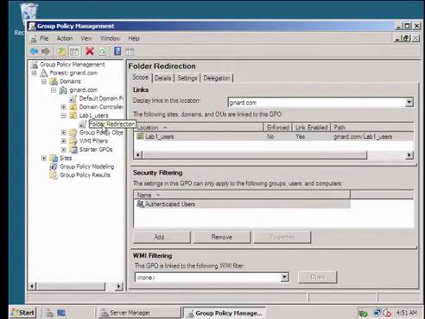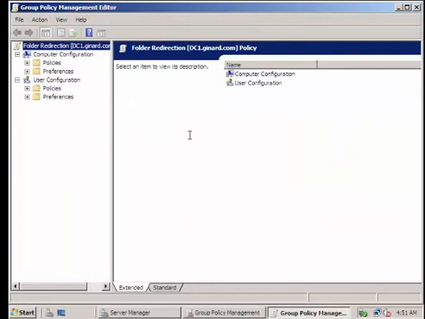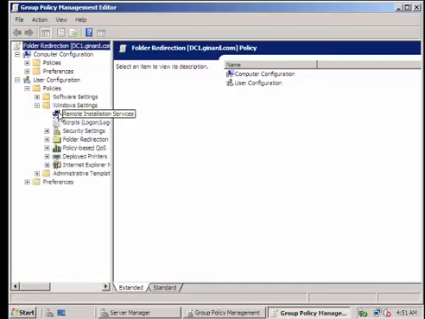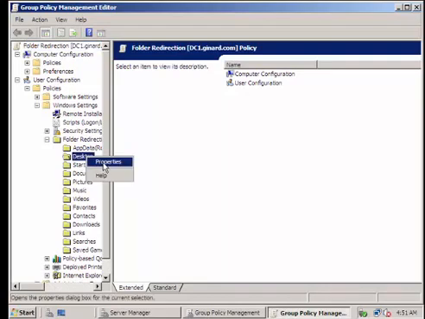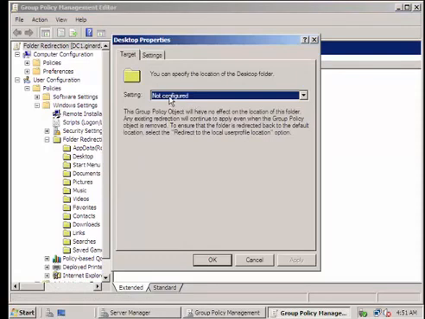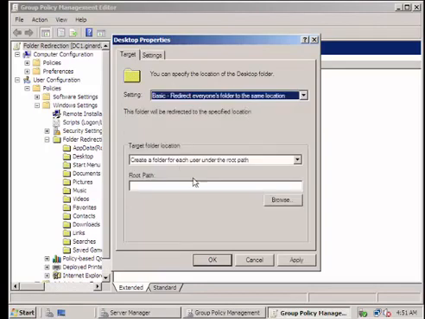The next thing we need to do is to configure this one. So just right click on it and then put edit. On the edit, you'll have this new page. Make sure you're on user configuration here, and then click on policy, on Windows settings. Alright, and then on the folder redirection, expand that one, and then you can redirect these folders. So I'll just do a quick redirection here. I'll just go for your desktop, right click this one, go for properties, and then put this one into basic, redirect everyone's folder to the same location. That's a setting. And make sure to go to